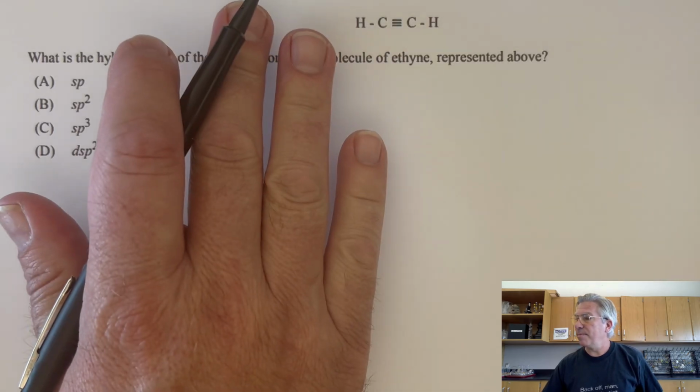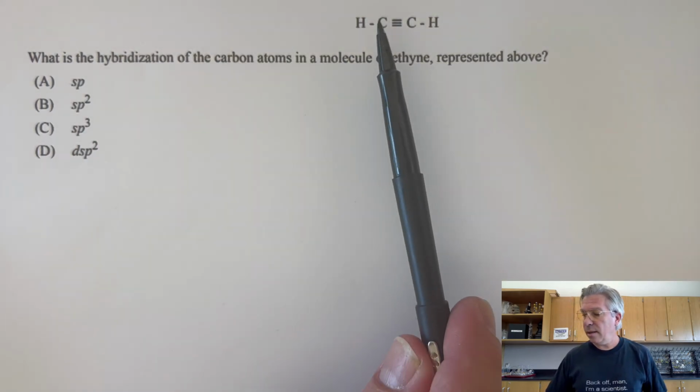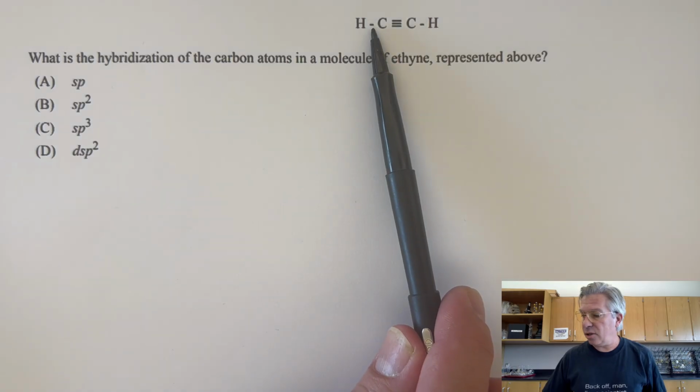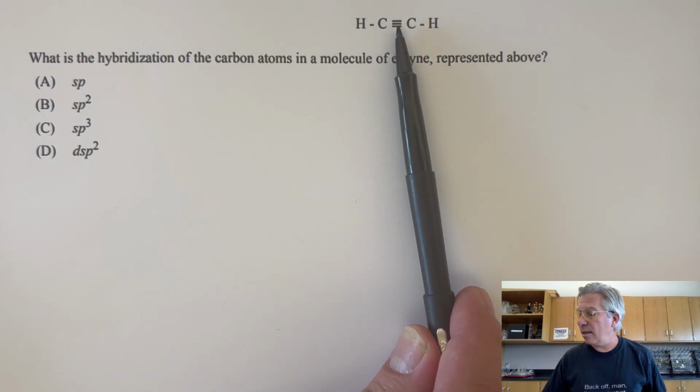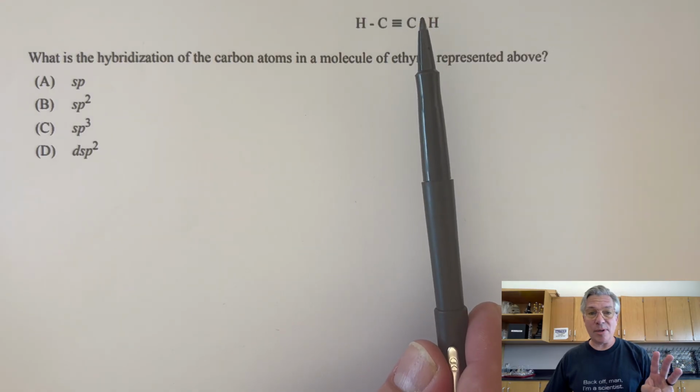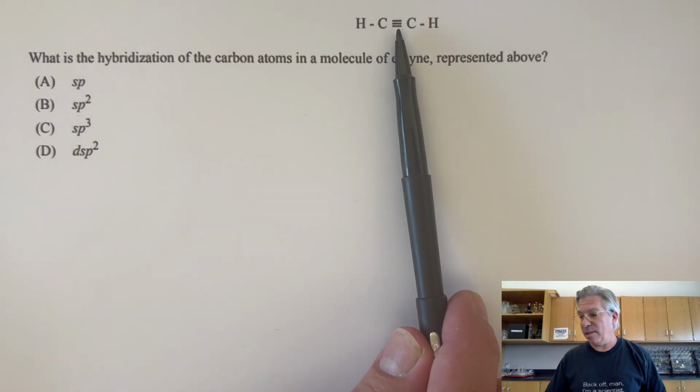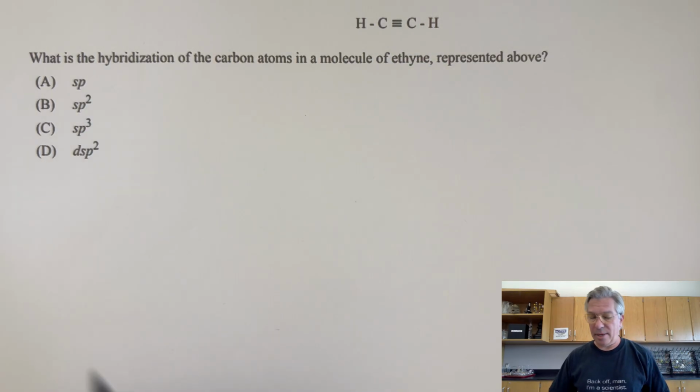What is the hybridization of the carbon atoms in the molecule of ethine? Okay, and again, each carbon has an effective pair here, and then 1 effective pair there. Even though it looks like 3 bonds, only one of them is effective. So 2 effective pairs, that makes it sp. And the last one I have here,